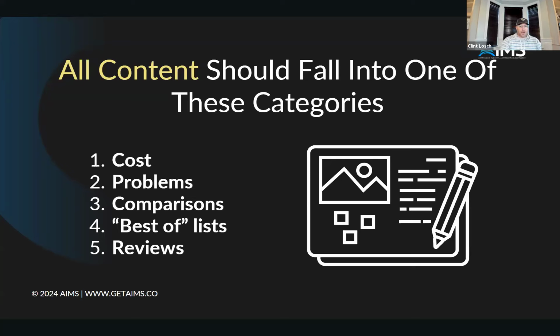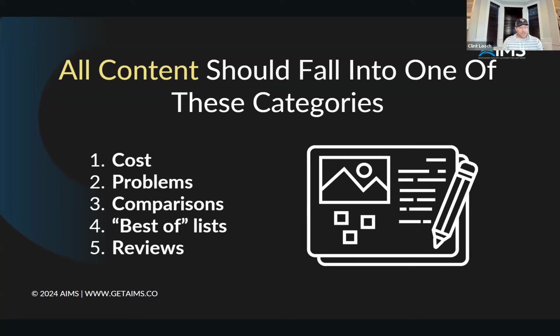Problems, right? We'll talk about what problems they're looking at, maybe it's getting lost in a school, right? What are the problems that families might be facing when it comes to their child and their happiness in the school? Comparisons: single sex versus co-ed, right? Montessori versus Waldorf, university model versus classical Christian, right? So depending upon maybe your area and the schools around you that families are comparing you to, having a comparisons